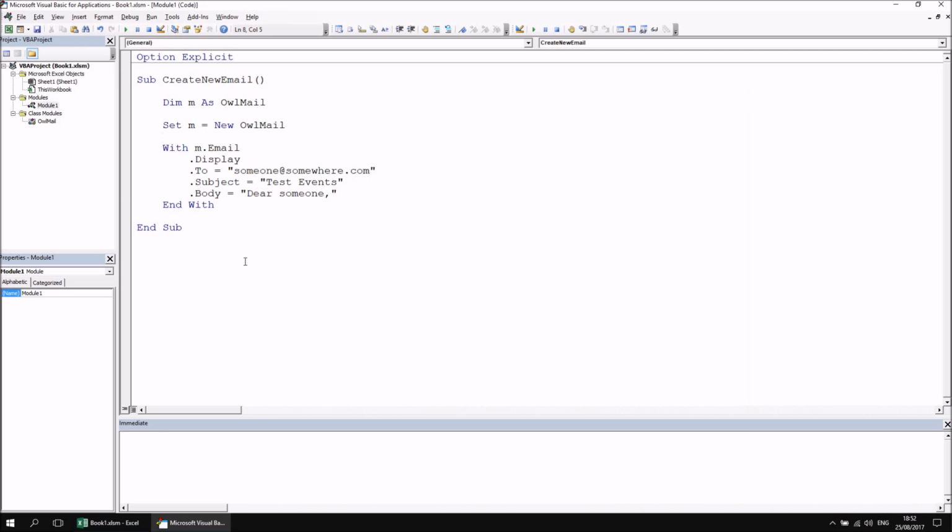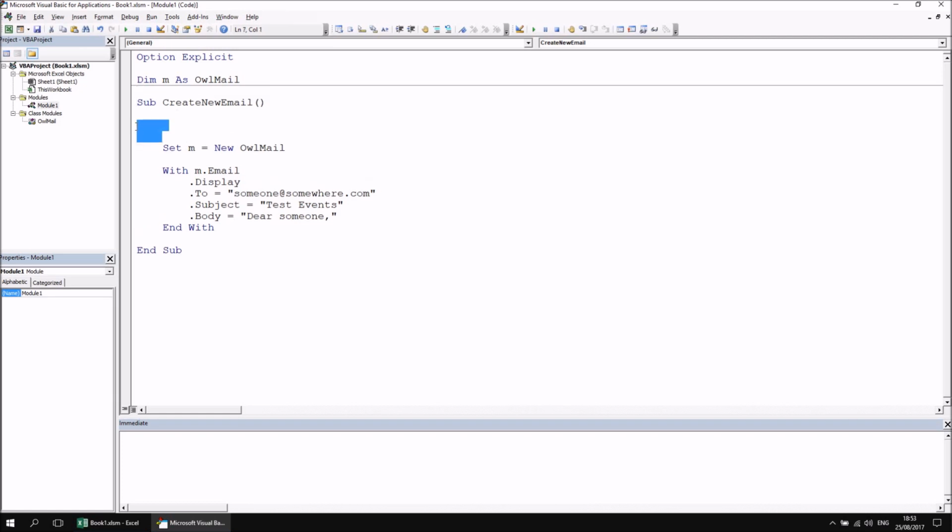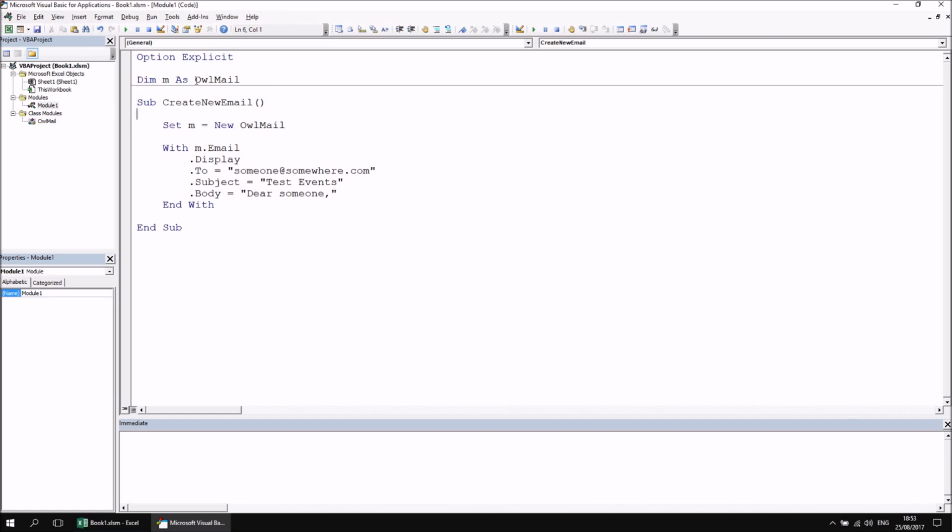The simple reason for that is to do with where we've declared our owlmail variable. We've declared it within the scope of a subroutine, so as soon as this subroutine ends, this variable goes out of scope, and that means that the instance of our owlmail class is destroyed as well, so I can't access the event of that owlmail that we've created. So the simple solution to this is just to move this variable to be declared within the scope of the module, beg your pardon. So if I declare it as either dim m as owlmail or private m as owlmail,